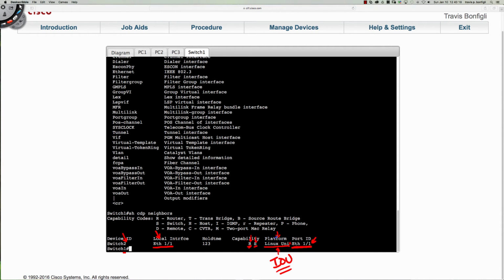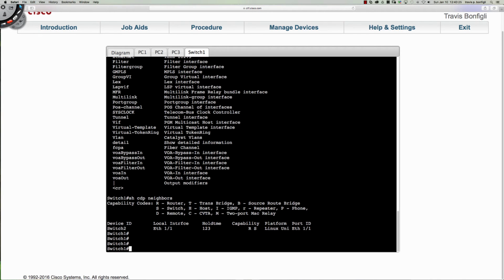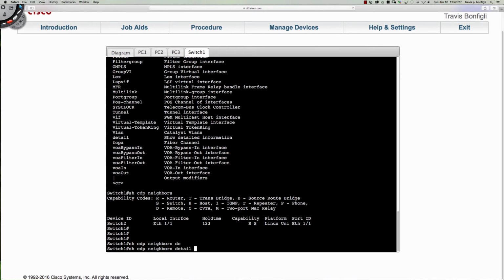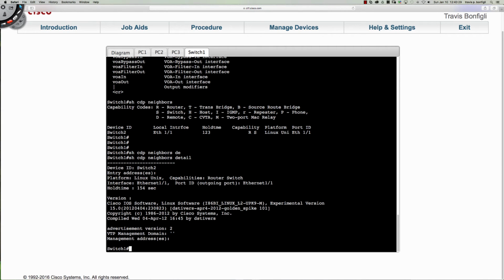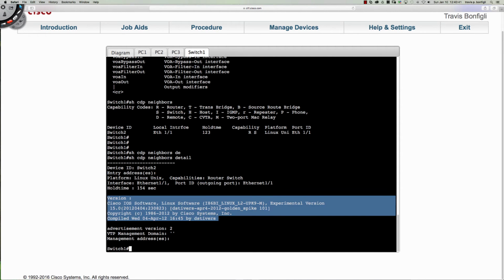So again, this is how we can see some information about who is connected to us, which other Cisco components might be connected to us. So if I say show CDP neighbors detail, I would see some additional information here. You can see capabilities, that R and that S, router and switch, so it's a multi-layer capable device. And here's the version of software, right? So here you can see the